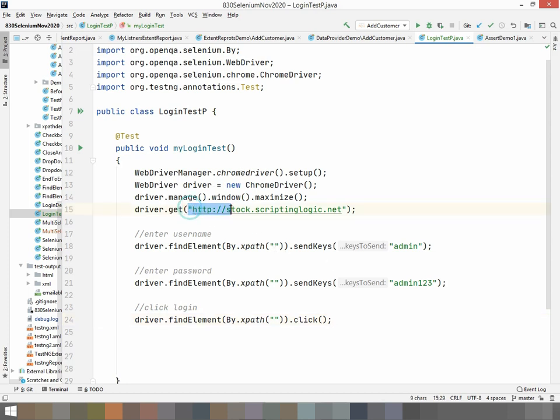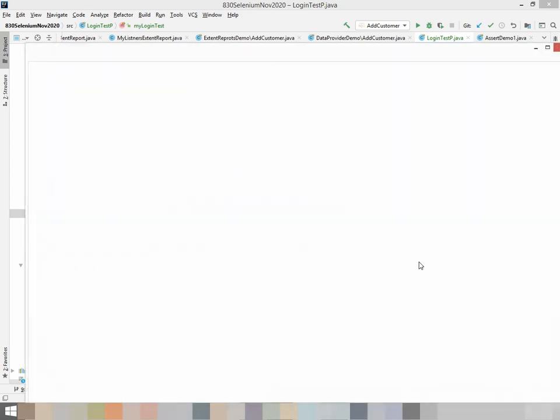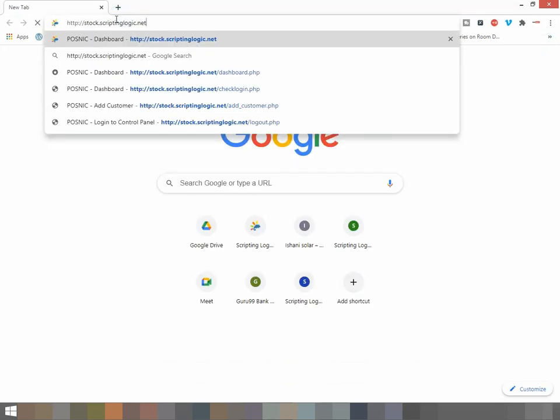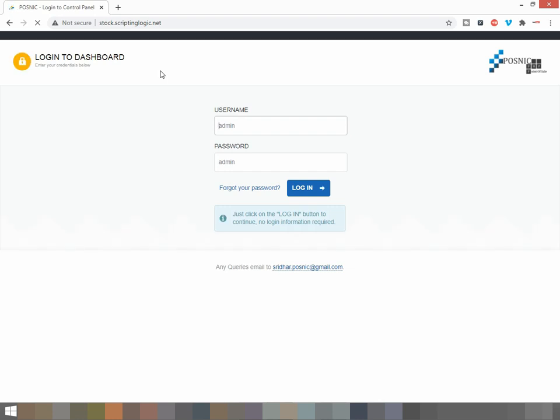Now my job is to just grab the XPath for the username, password, and the login button. Let's open this web page. By the way, while finding the XPath, I'm going to use Selector Hub. Selector Hub is a very popular, very recent tool.